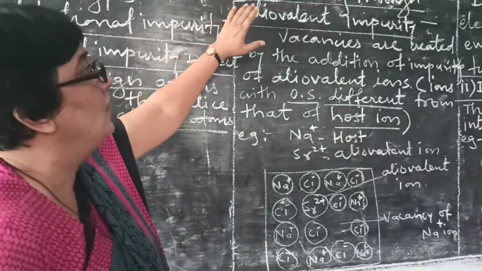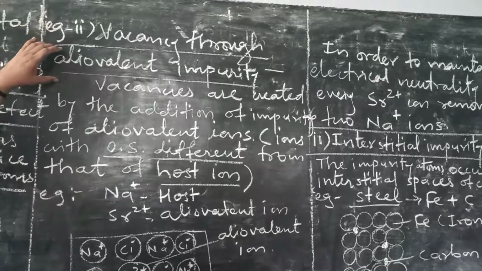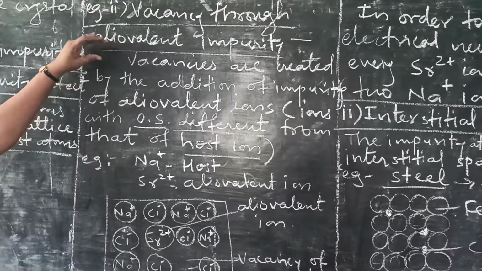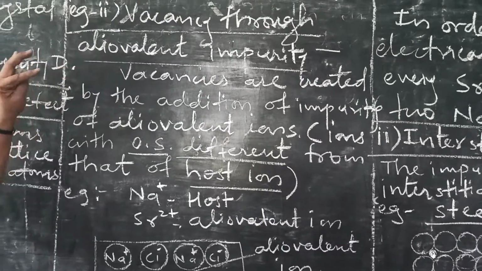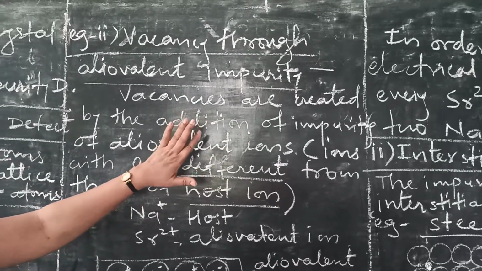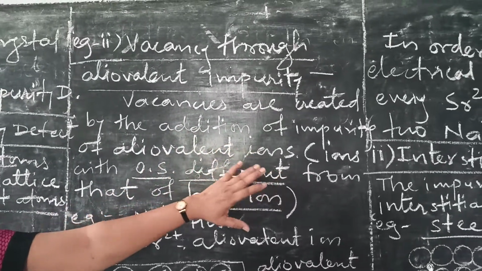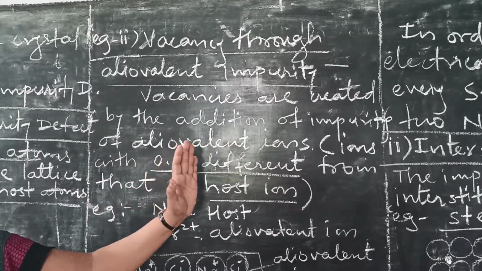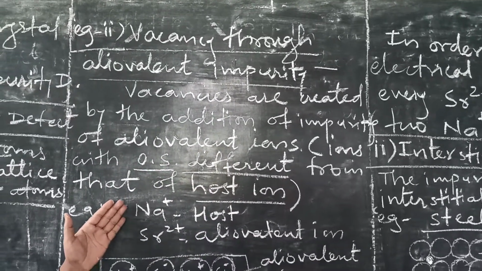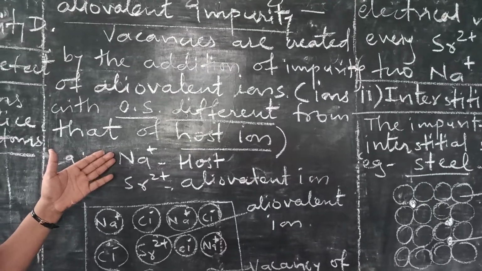Second example, vacancy through aliovalent impurity. Here, vacancies are created by the addition of impurity of aliovalent ion. What is aliovalent ion? Ions with oxidation state different from that of host ion. Means, for example, here if NaCl crystal is taken,